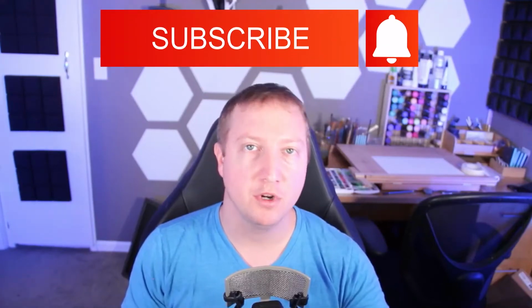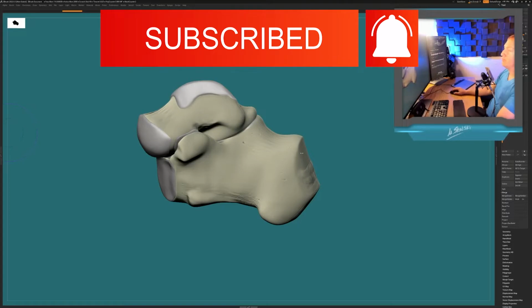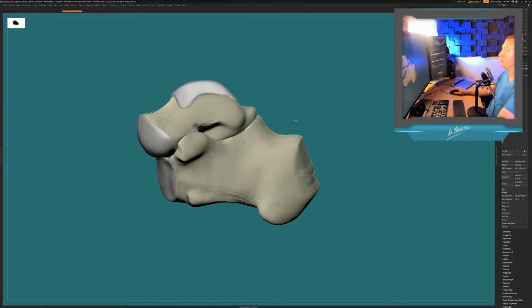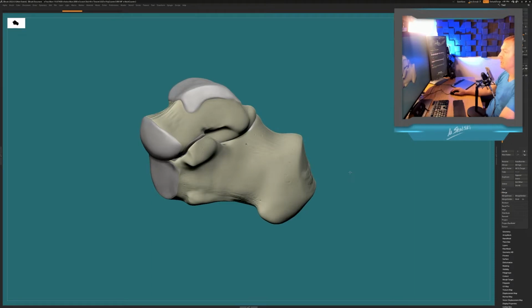All right, in this video, I want to talk about talocalcaneal coalition. And in order to do that, I think we first have to understand a bit about the subtalar joint and its anatomy. So the talus and the calcaneus fit together like this, and there's actually three facets that comprise the